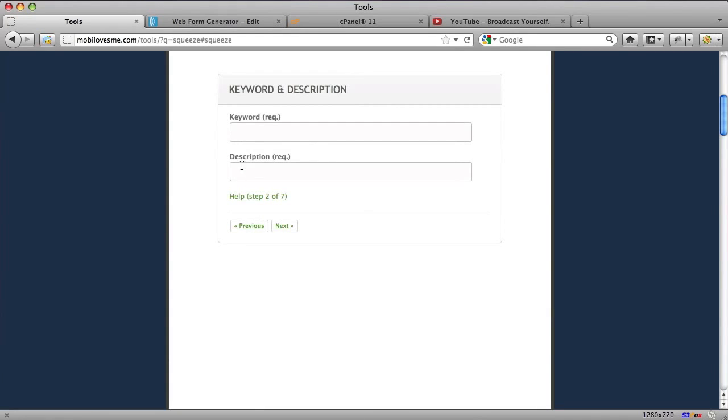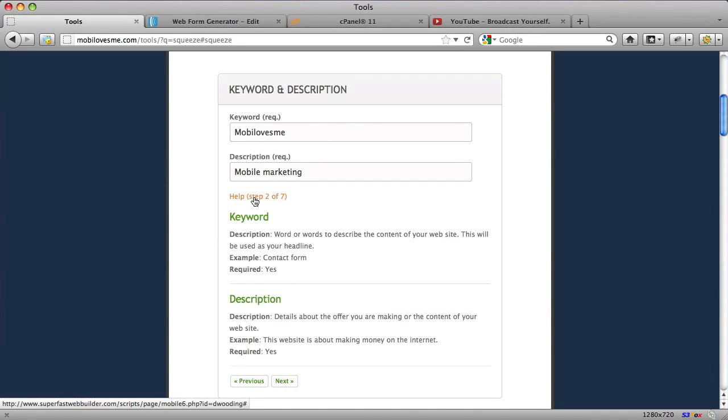Next, we need to give a keyword and a description for the page we are generating, the squeeze page. So I'm going to call it MobiLovesMe. And for the description, let's call it mobile marketing. And again, if I wanted to find out more about what's needed here,